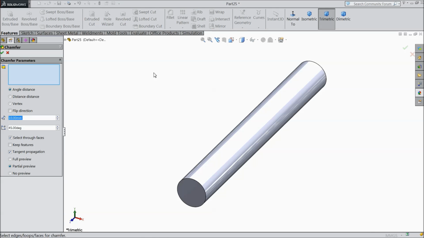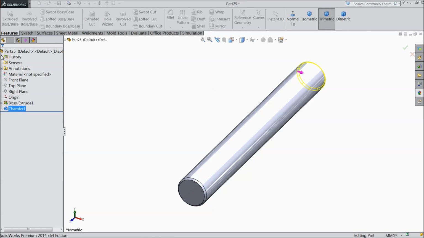and choose chamfer. 1 mm is too big. 0.2 mm both the side. OK,